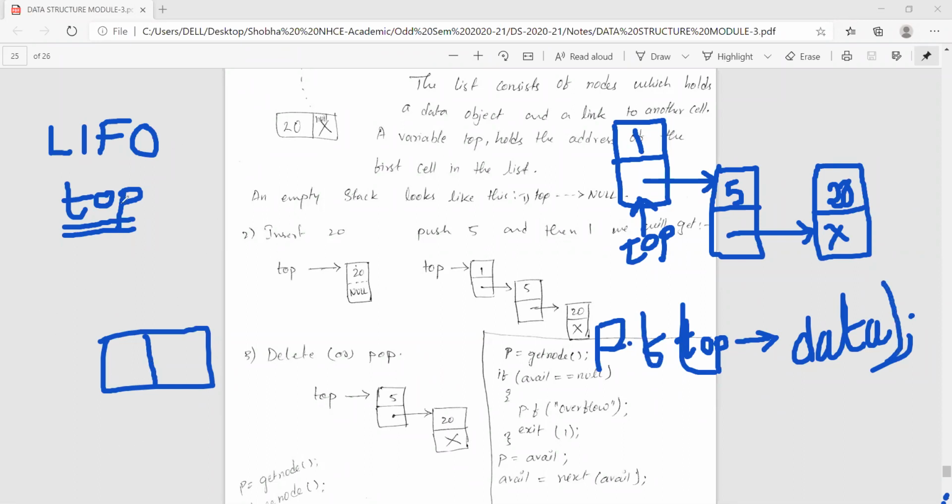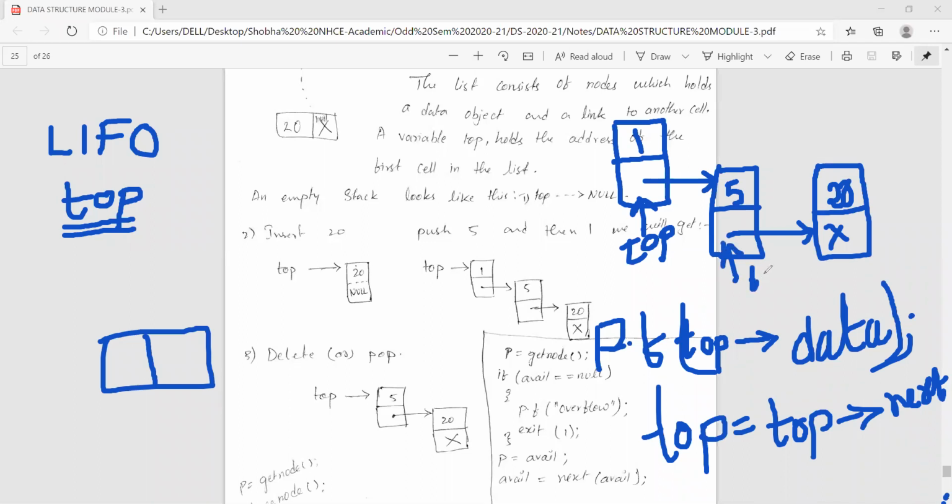After printing that, one statement you will write: top is equal to top's next. So this will print that 1 is deleted, and then your top will be pointing to top's next. Now this becomes your top, and after that, free the old top.